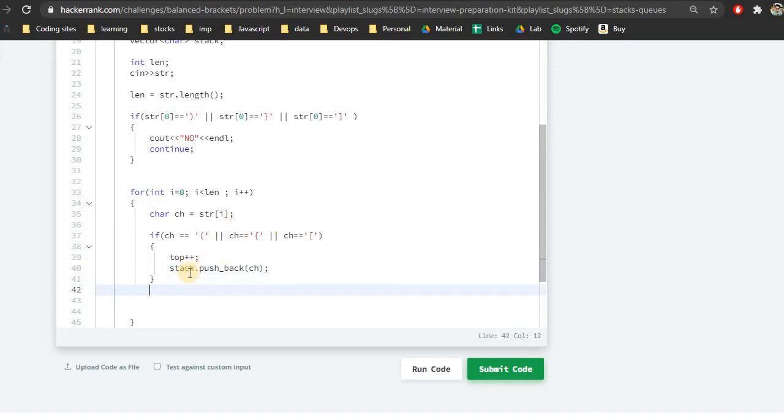I hope this particular condition is clear. Now remains the second condition. What if the character I am dealing with is of closing type? So we'll write an else if statement, and here we will check the current type of parameter with the previous one. Let's say my current character is a closing parenthesis, and my last character is an opening one, then it's a closed parenthesis,